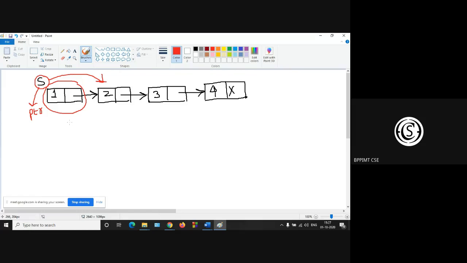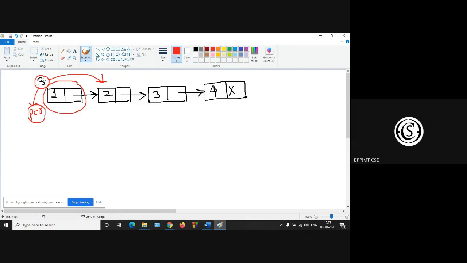Now when you delete the first node, you have to free the allocated space. That's why you apply the free function, free ptr. So first you copy start into the temporary pointer ptr.